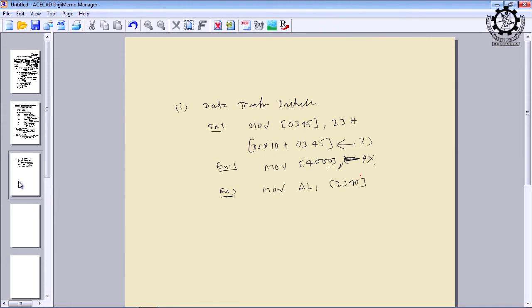What is the meaning of this instruction? So, 2340 is the displacement value. By using that, I can get the 20-bit, or 5-digit hexadecimal, physical address. From that location, the data will be transferred to AL. So, this refers to 8-bit data. MOV CX, [0500H]. What is the meaning of this? 0500 is referring to a memory location. Its content will be transferred to CL. Then the next memory location's content will be transferred to CH.